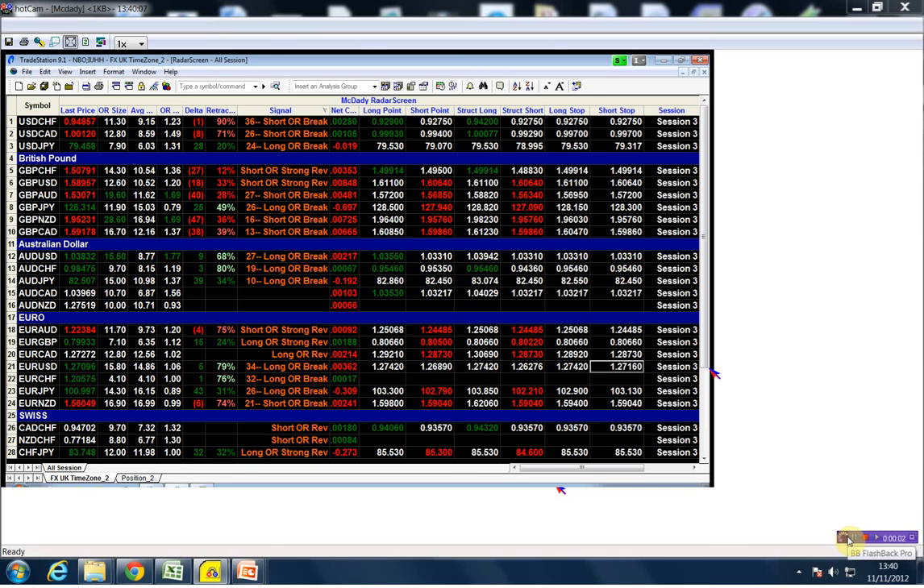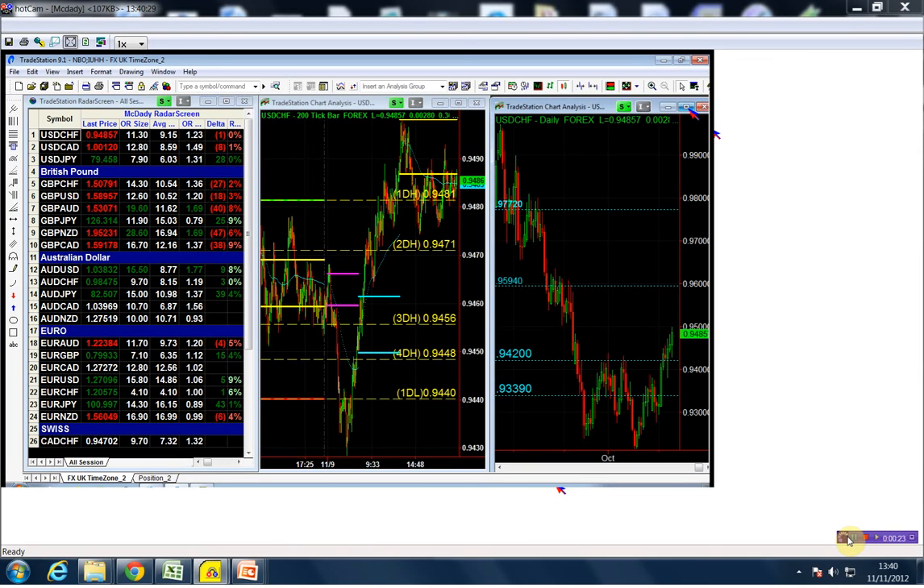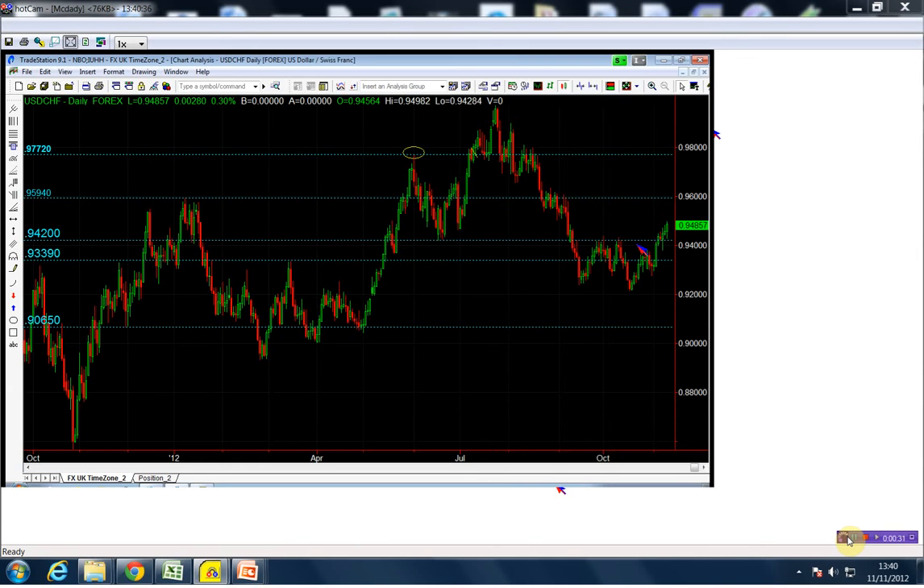The euro dollar, we might as well now go back and do the dollar Swiss, because the euro and the dollar go hand in hand. So let's look at the dollar Swiss. As you can see here, this is